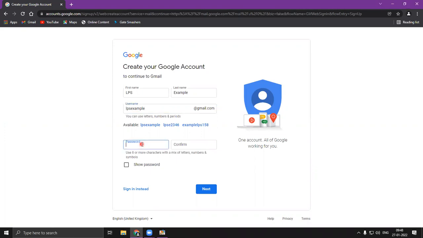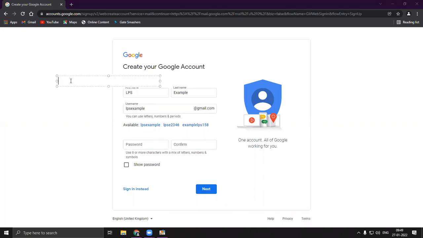Now I'm entering the password. Now it's a very tricky question, sir: which kind of password should we apply? So here I'm mentioning some important things. Whenever you are designing any password, please include at least 8 letters, right? At least 8 letters. Include at least one special character.